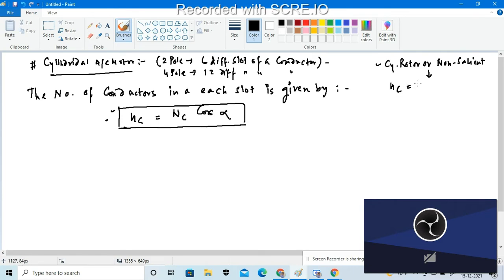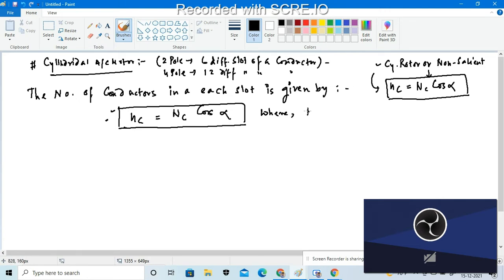How many slots, and how many conductors will be present in each slot, we have to find using this equation. This is the equation of the number of conductors in each slot for designing a cylindrical or non-salient pole rotor, where